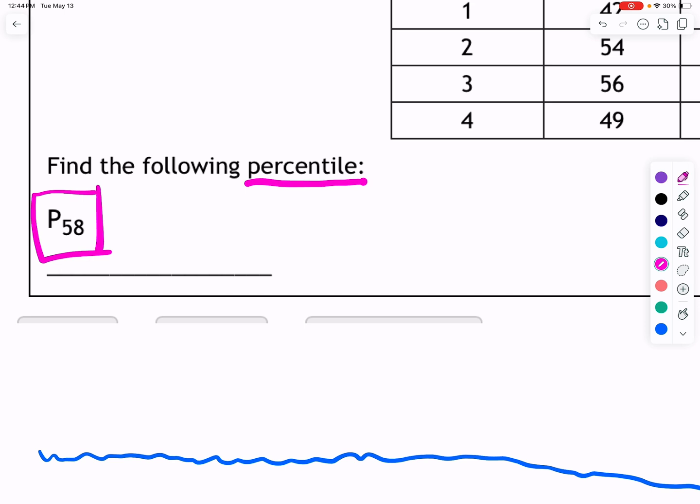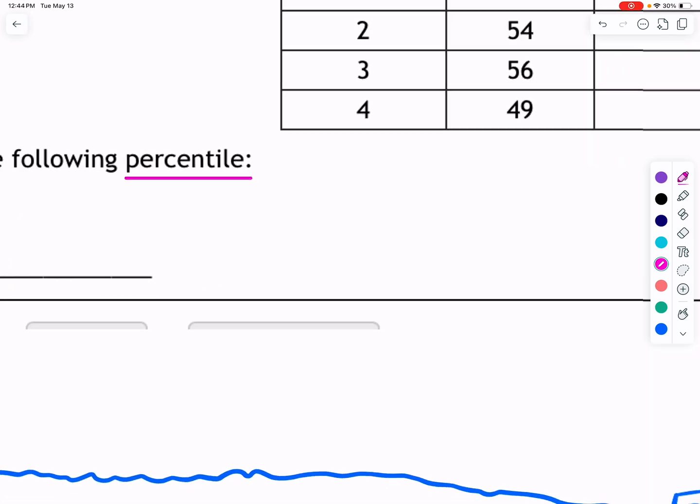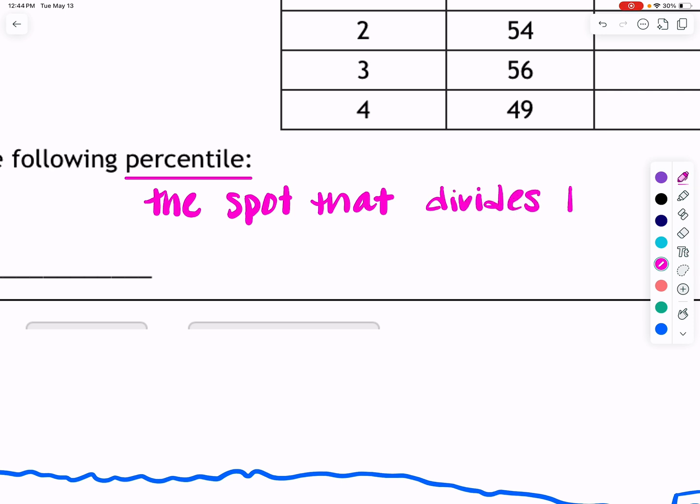The percentile, in a mix of English and statistics speak, is the spot that divides the data. Later on, it will be the area, but for right now, it's the spot that divides the data